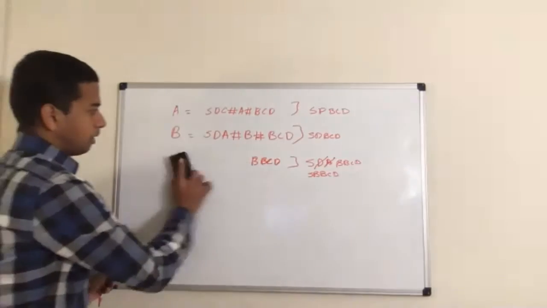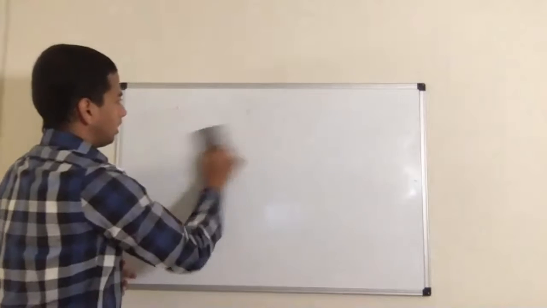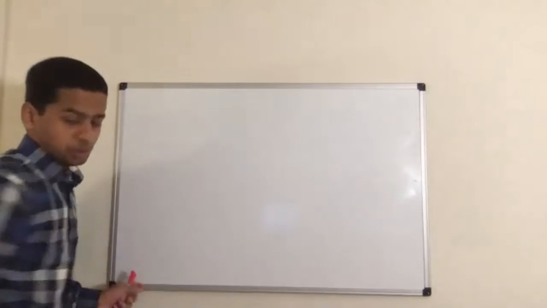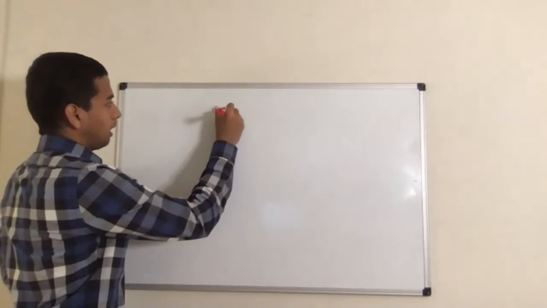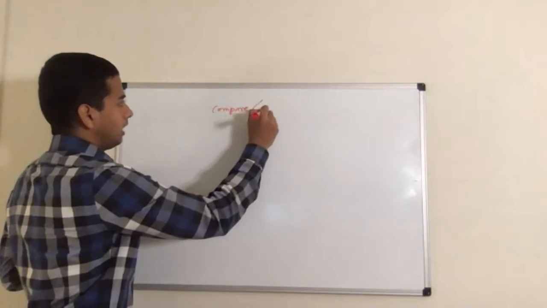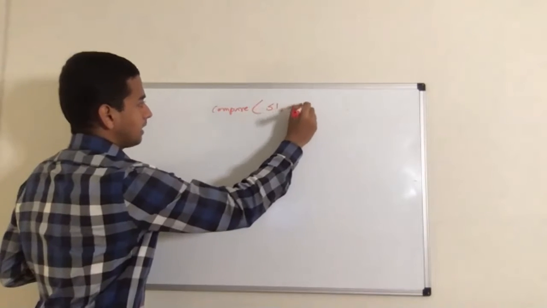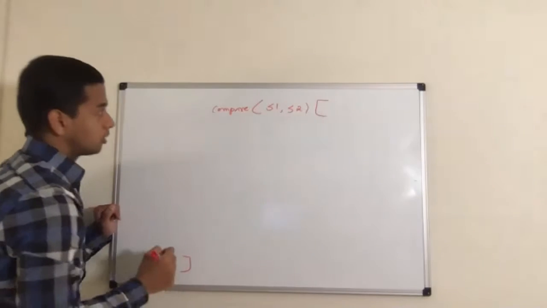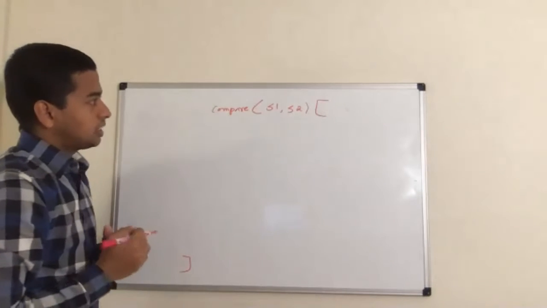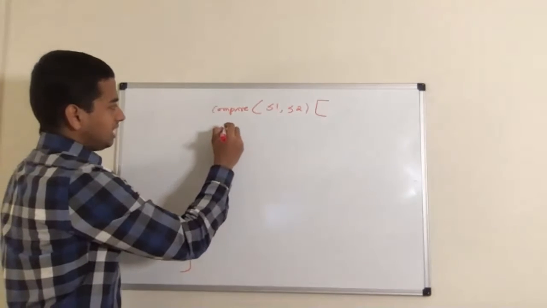We are just going to implement it using a stack. So what will be the input for this problem? It is a compare problem, and it takes two strings. Let's say string S1 and string S2. First, I'm going to compare and return